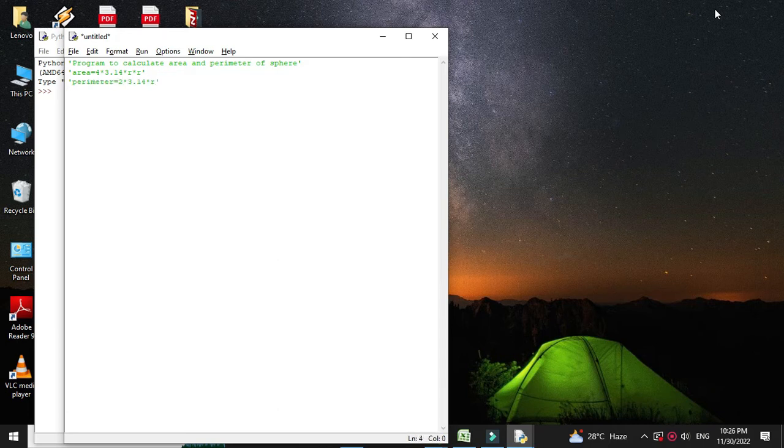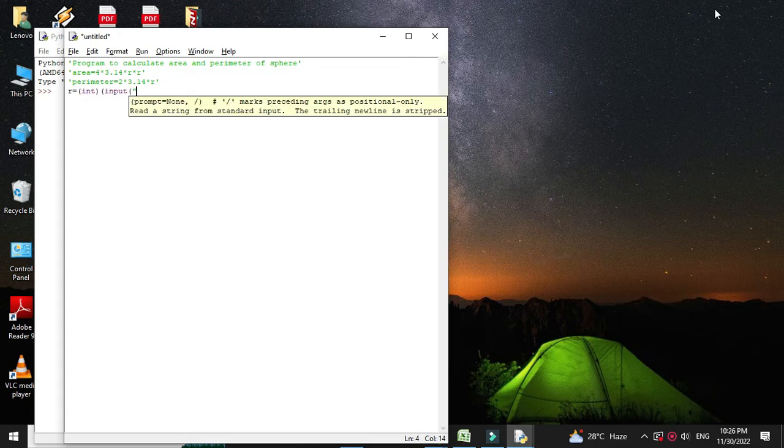So first we will accept radius from the user. So r equal to input, enter radius,